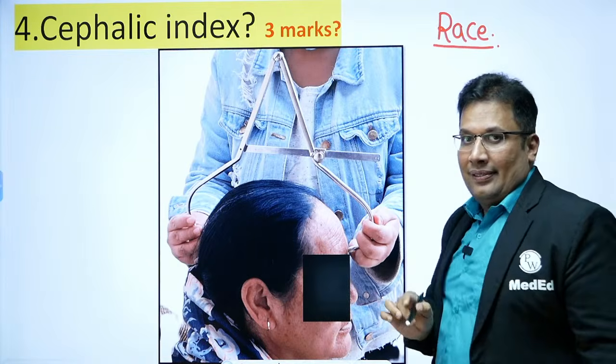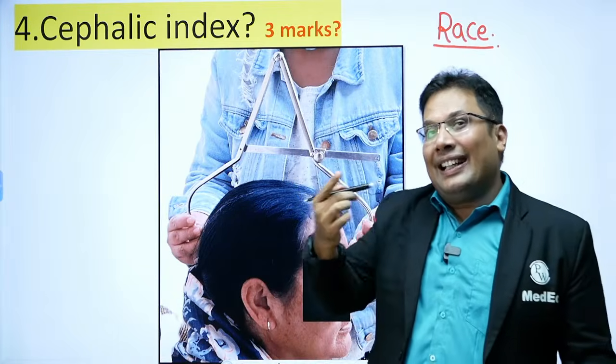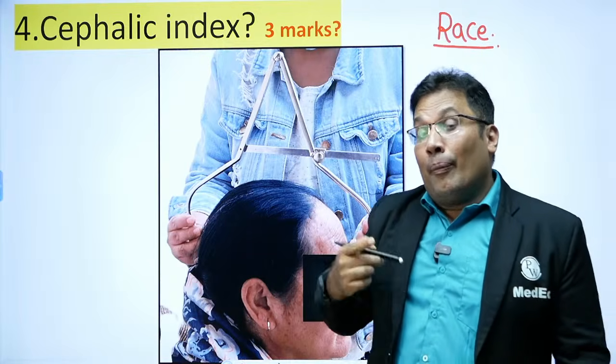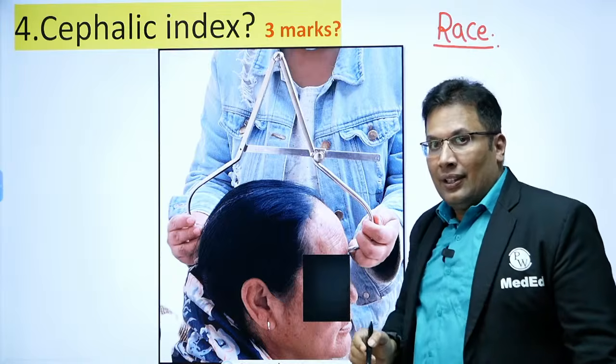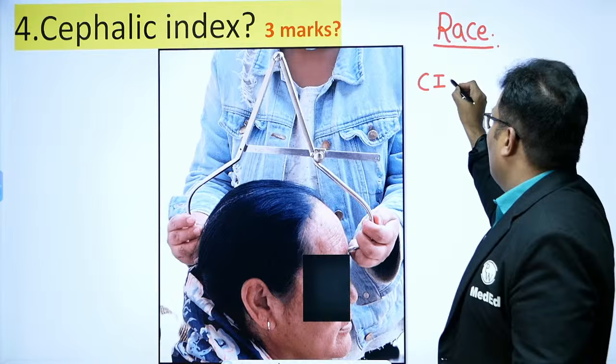Race. Point number 1. There are many indices, for example brachial index, femoral index, humeral index and all. But the most important index we use is the cephalic index. What is cephalic index? CI is equal to,